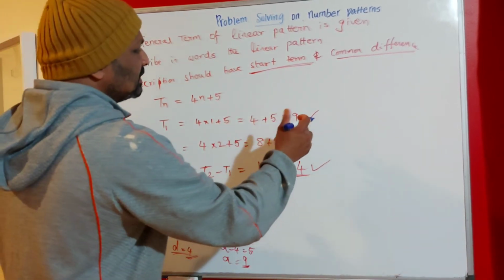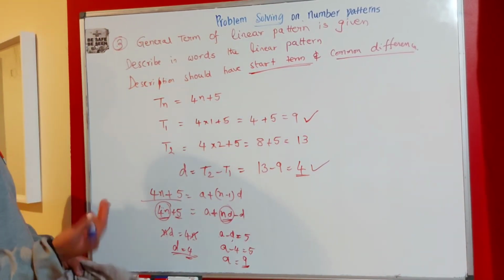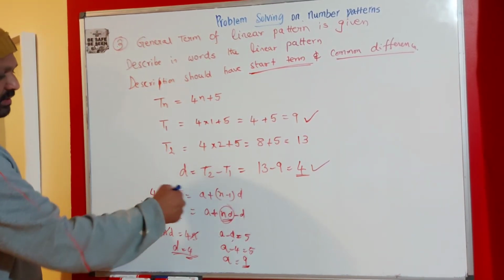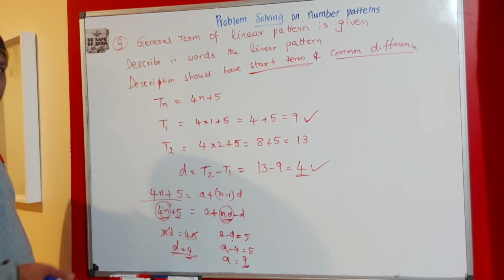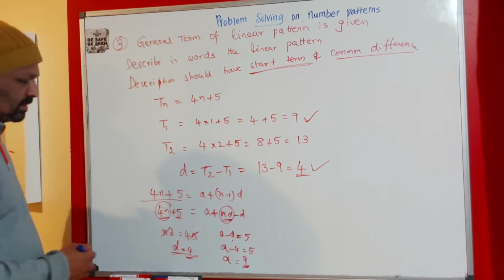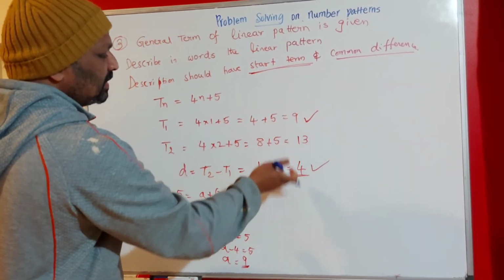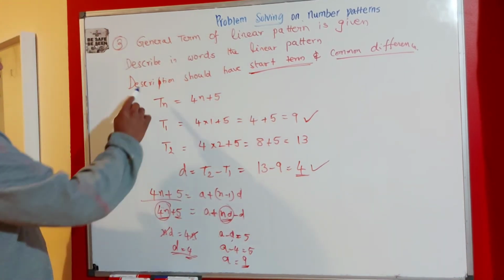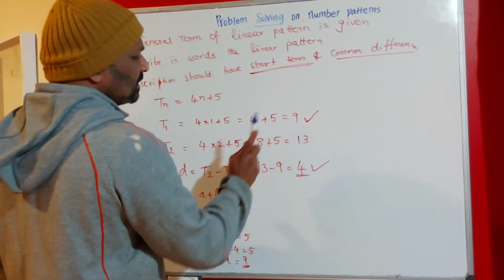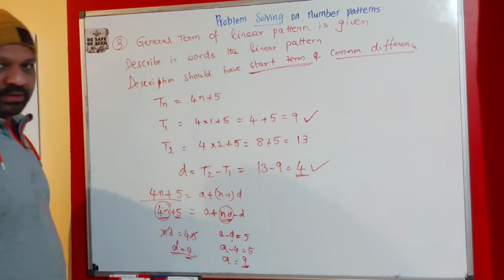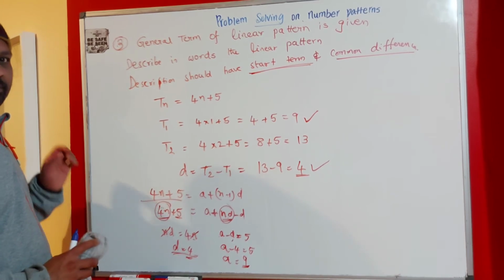But this one, I can say the other is the simple one, because you find the first term, the second term, and then the common difference. This method involves a lot of expression simplifying, and there's a possibility that you may miss something. But the simplest way is to find the first term, find the second term, and find the common difference. Then you describe this as an arithmetic series whose first term is 9 and whose common difference is 4. Let's take one more problem and we'll continue.